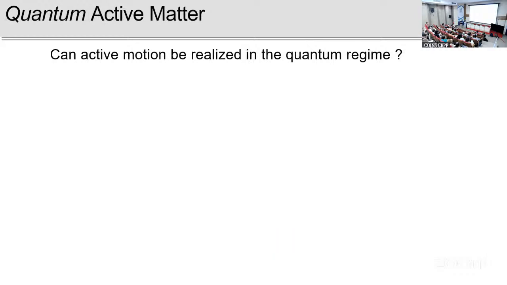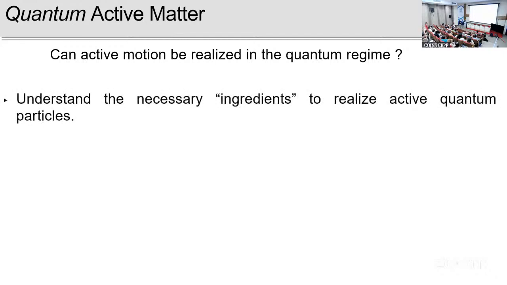So as I said, essentially everything which is around so far is about classical systems, but it's very natural. I'm not the one who asked this question, so you can ask yourself, is it possible to have active motion in the quantum regime? And there are several questions that you will find, in this community, pretty natural. I'm not saying anything really new, but just a list of questions that you may ask in this context.